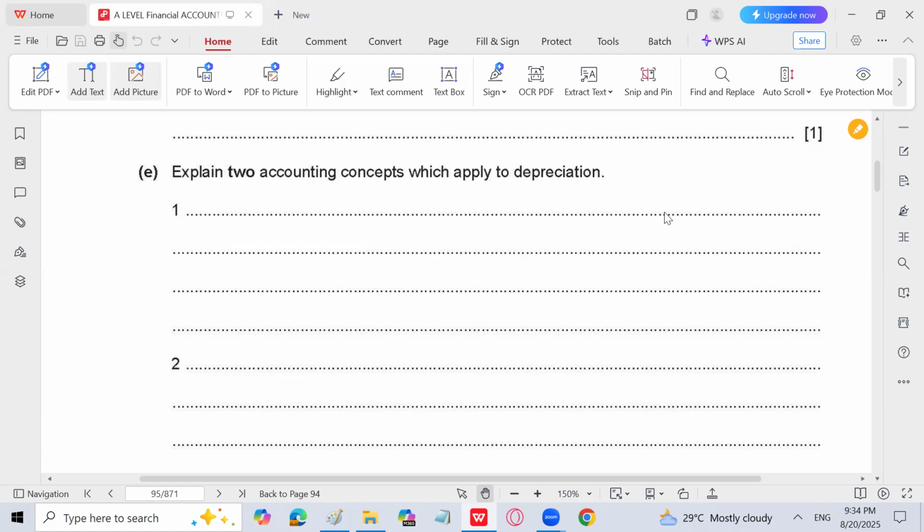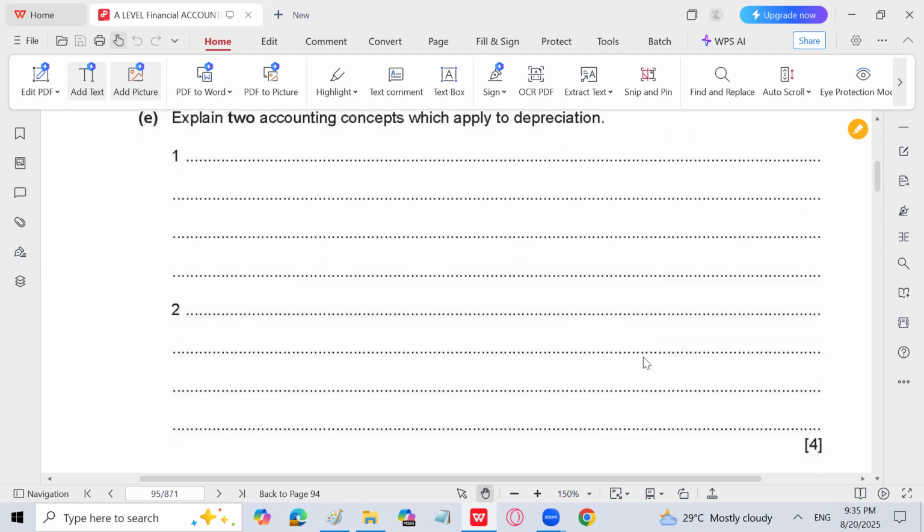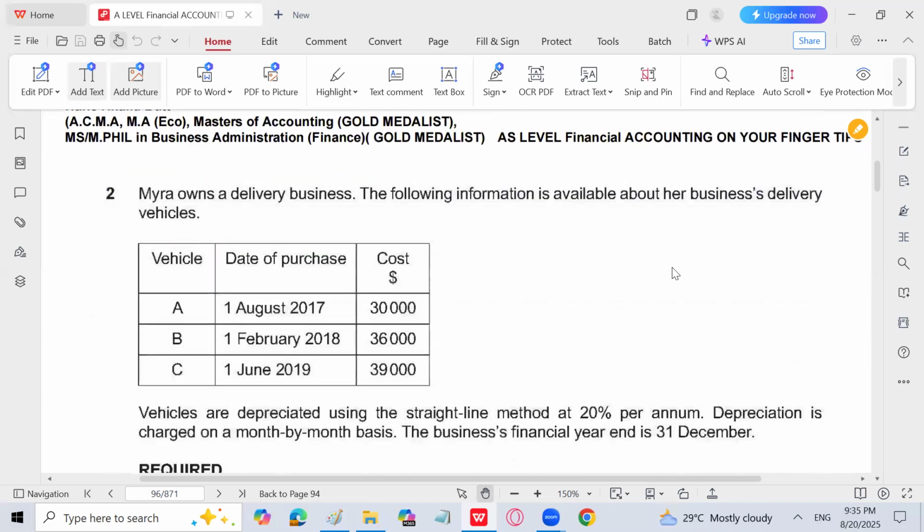मुझे बताएं कि क्या हम उस एसेट को इस्तेमाल करके उसका फायदा नहीं ले रहे हैं? क्या हमने जिस साल व्हीकल को यूज किया है, उससे इनकम नहीं कमाई? तो जब इस्तेमाल किया है तो उसकी वैल्यू भी डिक्रीज हुई होगी, उसका बेनिफिट कम होता जाएगा। तो डेप्रिसिएशन को भी उसी साल रिकॉर्ड करना पड़ेगा। इसको कॉस्ट एंड बेनिफिट एनालिसिस का नाम भी दिया है। So the cost of the use of the asset should be recorded in the period in which the benefit from that asset has been derived। ठीक है जी, तो ये हमारा अकाउंटिंग कॉन्सेप्ट हमने अप्लाई कर दिया।